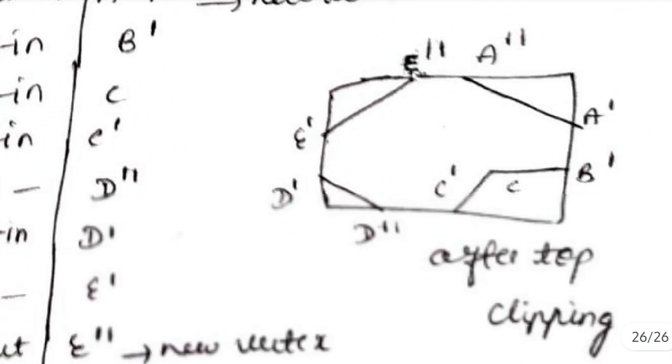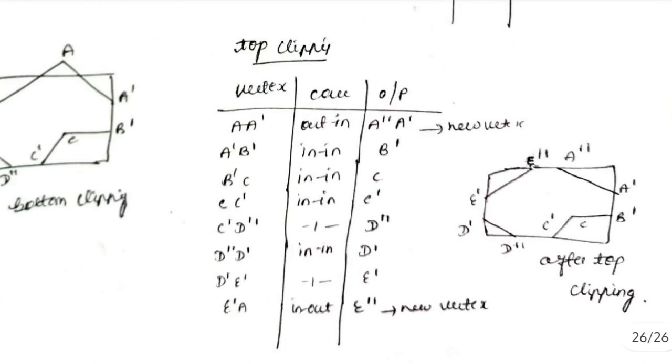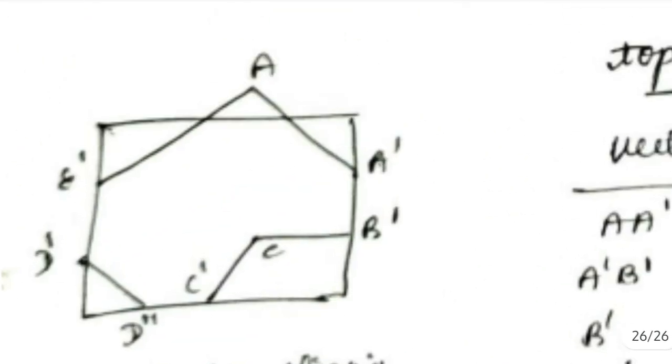Okay, they have taken this as C dash. Sorry, this will be C dash, because it is in to out, in is C, so it will be C dash, and this will be D double dash. So after the top clipping, what will happen? Sorry, this is after the bottom clipping I have to show. After the bottom clipping, this will be C dash here, and this will be D double dash, and then